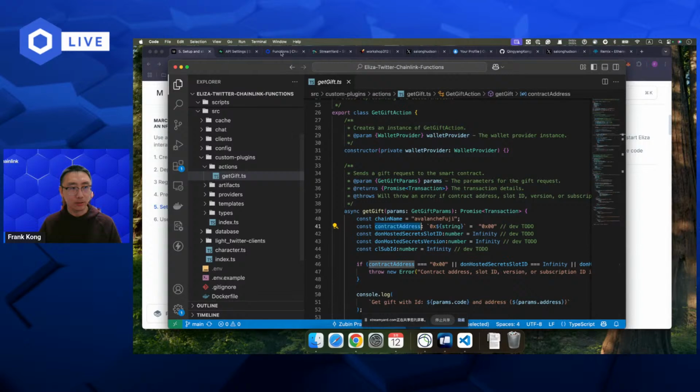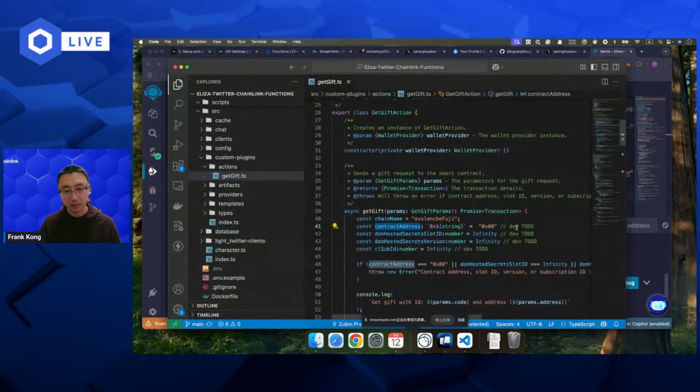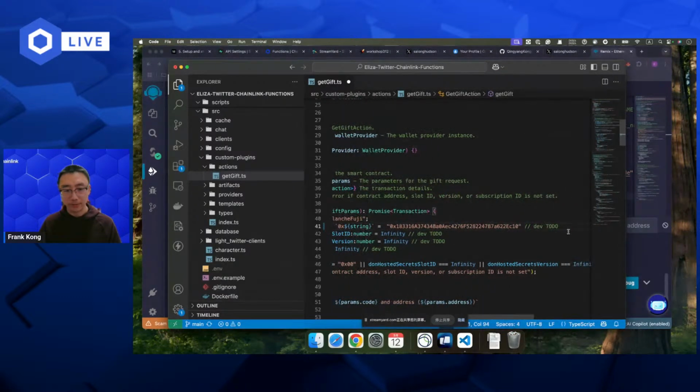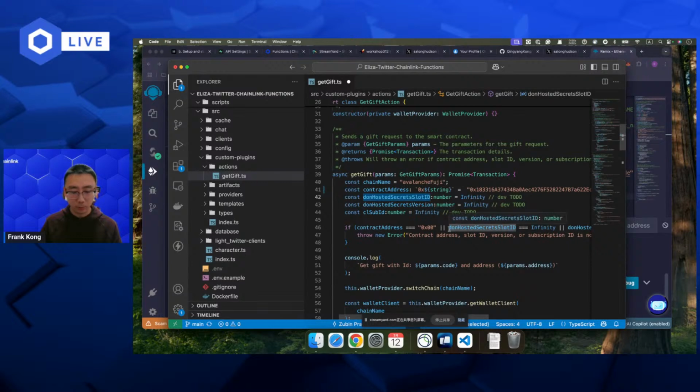So let's get our smart contract. It's the same thing here. Just copy the smart contract we just deployed with Remix and come back here and paste it here. So we have our smart contract address. And then we need to tell DON where to find the secret, the slot ID and the version.